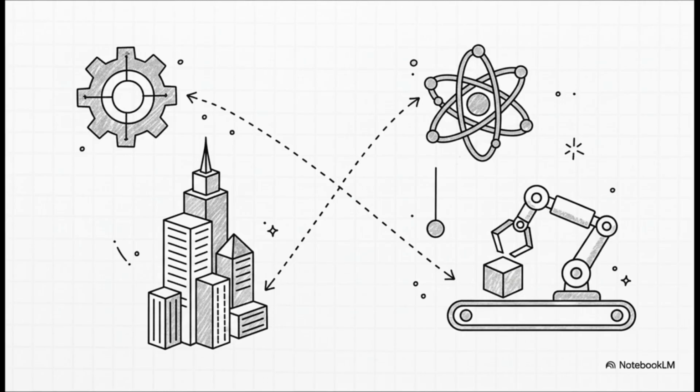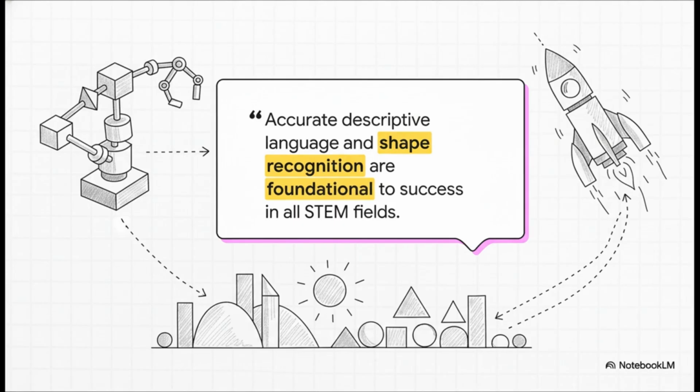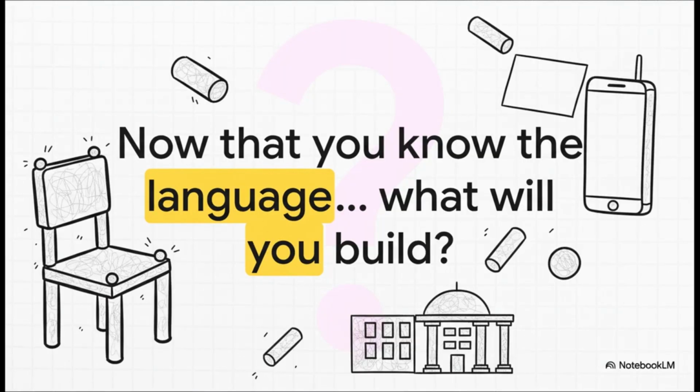It's essential for everything. You know, this quote right here really just sums it all up perfectly. This isn't just a lesson in geometry, it's a foundational skill for success. The ability to see, describe, and manipulate these shapes is what separates a vague idea from a real, tangible, buildable thing. So, the next time you look at a chair or your phone or a building, try to break it down. See the cylinders, the cubes, and the spheres that make it up. Because now you know the language. The only question left is, what are you going to build with